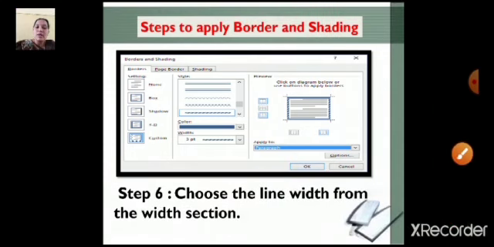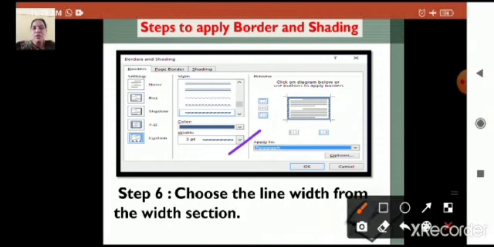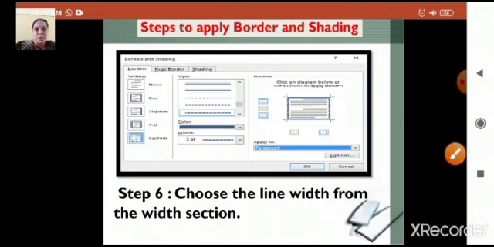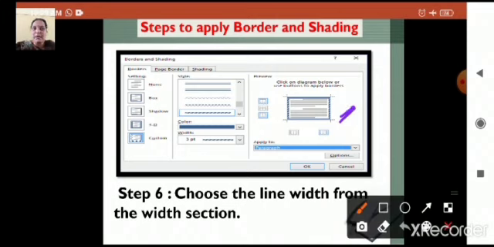After that you can select the width of the line or borders. The borders which you are giving, you can make that thinner or thicker. You can make it darker or lighter by using the width option. Here you have that width option. So you can click on the drop down arrow. You get a drop down list. You can choose the width, size of that width you require for your border. So whatever the changes you are doing, you can see that here in the preview section.